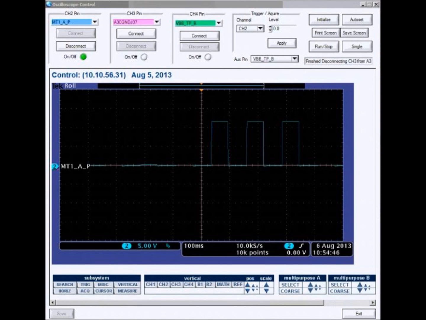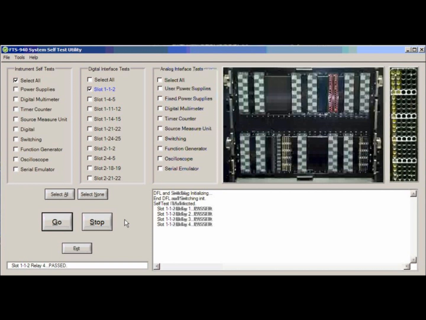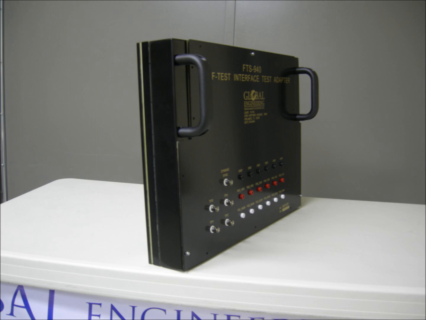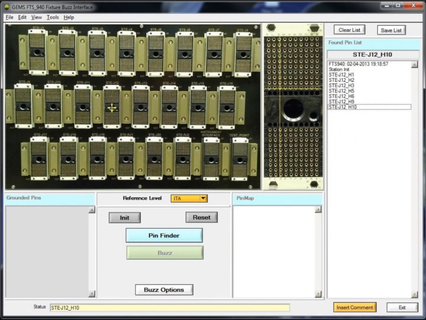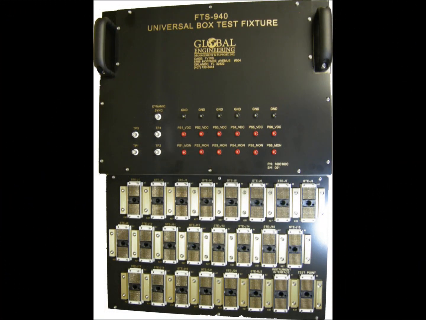System self-test is provided with each system. We provide you with an ITA and all of the software to guarantee that your system is up and running when you need it and that you can diagnose the system when there are problems. Tools like Buzz, Pin Finder, and Single Pin Buzz help your engineers and your operators debug system-level or